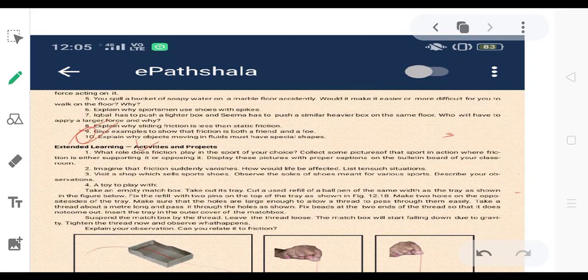So when an object moves in a fluid, it experiences fluid friction. When an object moves in fluid, friction opposes the motion. So to reduce this friction between the object and the fluid,